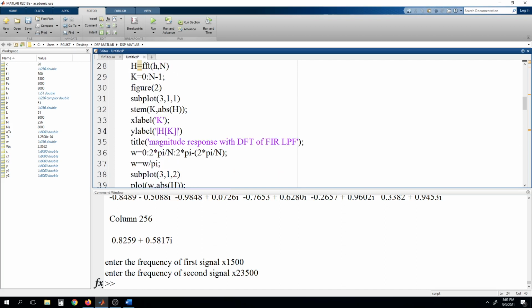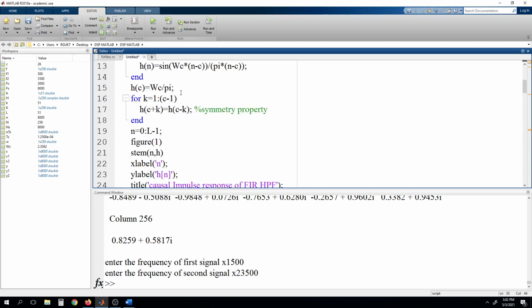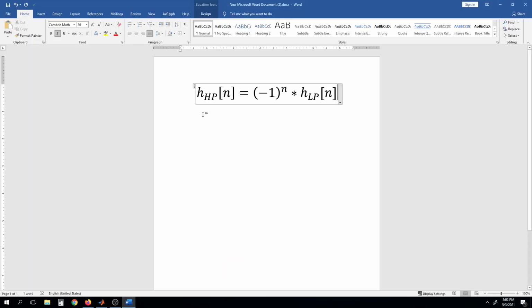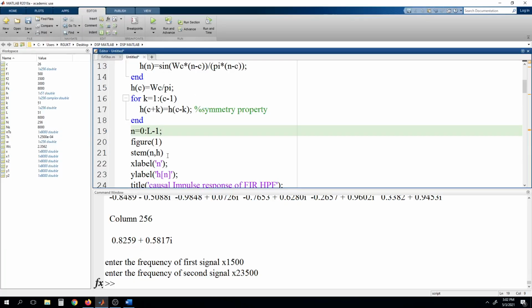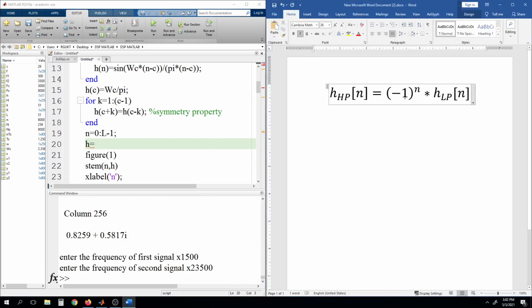And then once again we are converting into the discrete Fourier transform. So same thing, it will be the high pass filter, and okay. So here we have to make one small change. That change we have to include in our program like this one. Otherwise, we'll be getting the same low pass filter. So here we have to write this. After this, earlier the H impulse response consisted of the low pass filter. Now we have to convert that into a high pass filter. So we have to write, right? We'll be writing this.